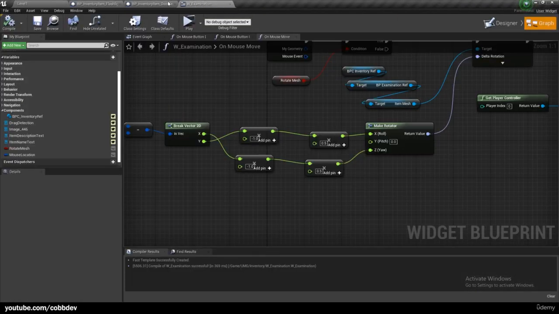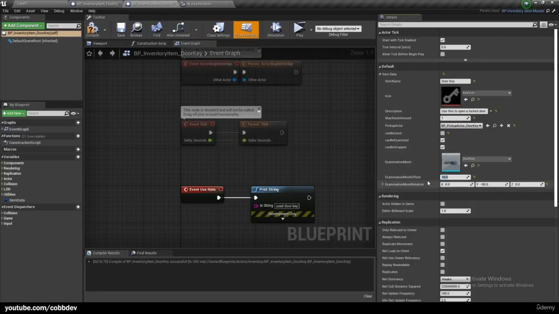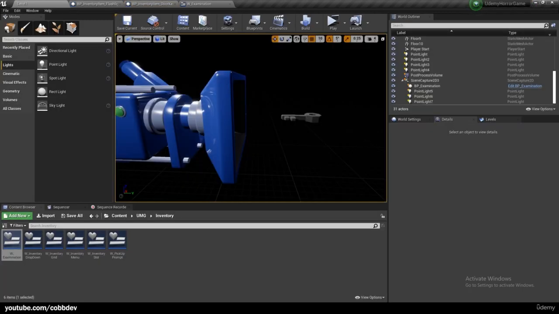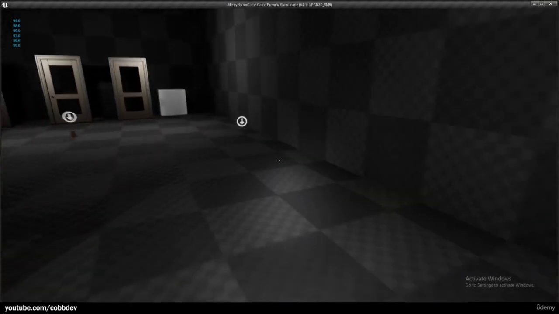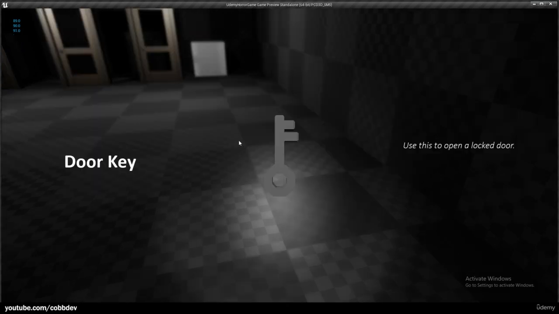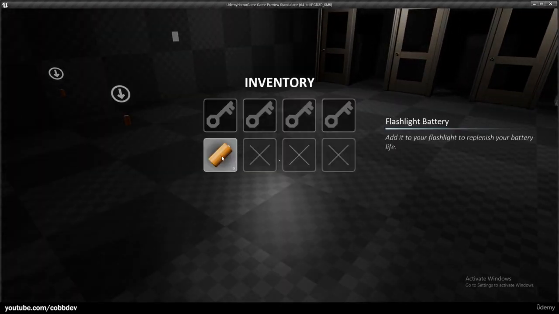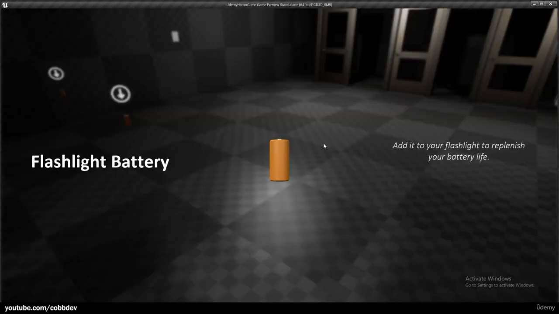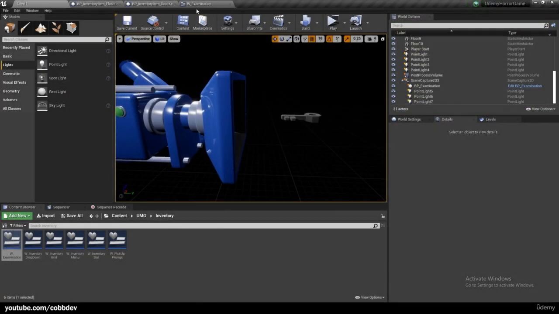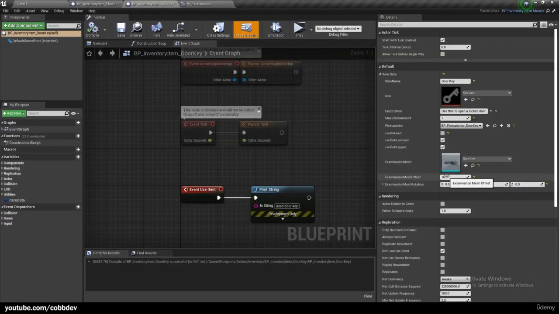And I just realized I put -10 when I meant to put 10. We want it 40, that just moves it back to 20, which made it look the same. And let's hit examine, and now it is farther away. And then if we go back to our battery, this one is still at 30, so it is a little closer than the door key is. For an extreme example, just to show it works, we can set this to like 100, and